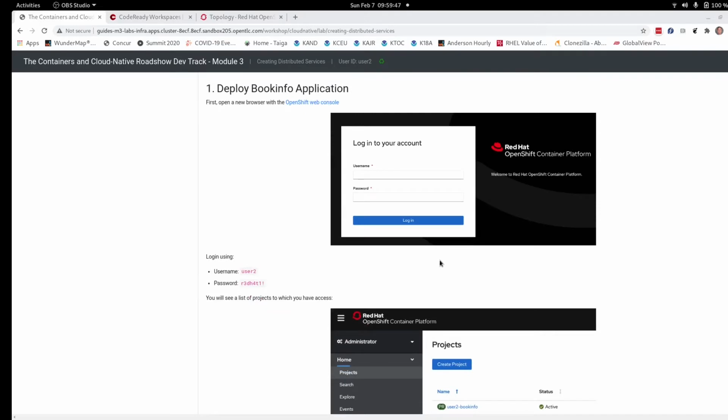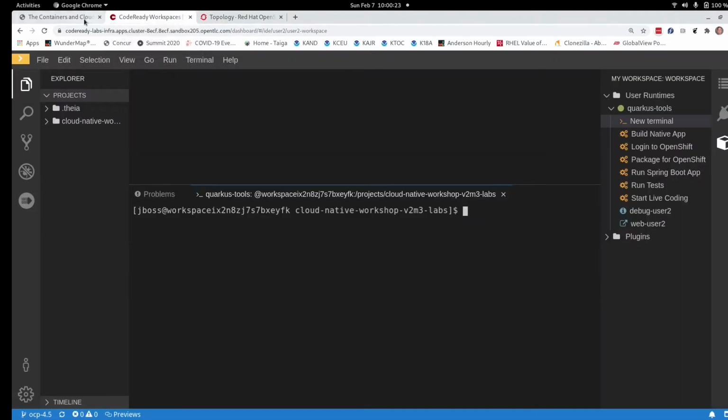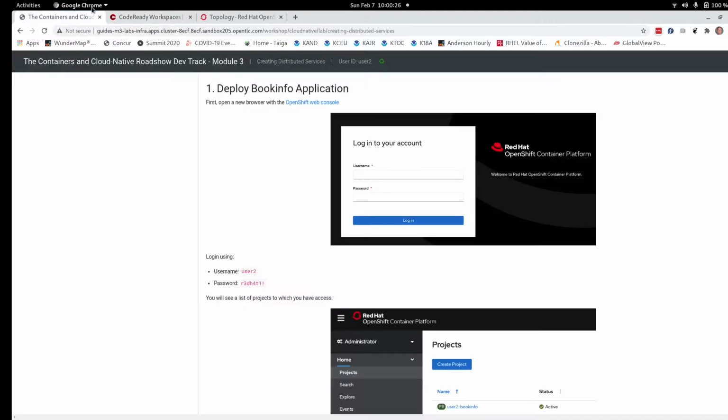So let's get started. I just opened up already my OpenShift browser, and what I see here is that I'm in user one book info. I'm in the developer drop-down, not administrator, and the topology is not shown because there's no topology in this namespace, which is basically identical to the project terminology, except for some extensions in terms of metadata. And the project here, user one book info, is empty, so we're offered a service catalog so we can fix that. Now, going back to the docs,